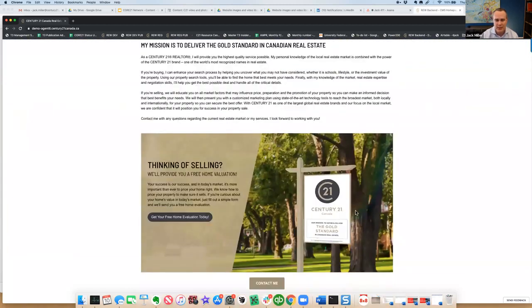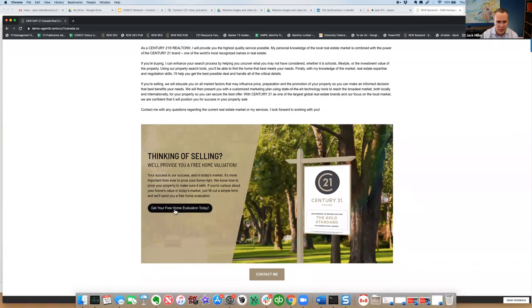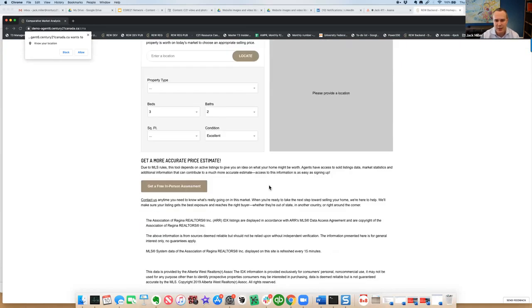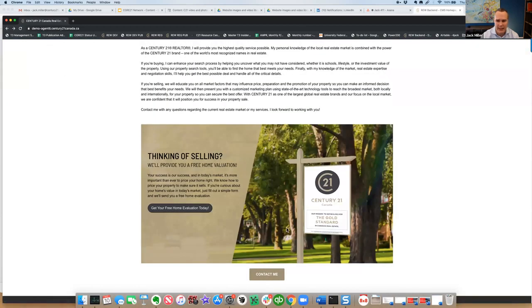This one right here is a home valuation shortcode that you can put on any page in the site where you want to drop a home valuation. So if I go here, it says get your free home valuation, and it takes you to the property valuation page. It's going to ask the person browsing to share their location through the browser, or they can enter a location, and then if they enter information here, it'll show them a range of value based on the information they put in, and then there is an option to request an assessment from an agent, from you. So pretty cool to have that right on your homepage,